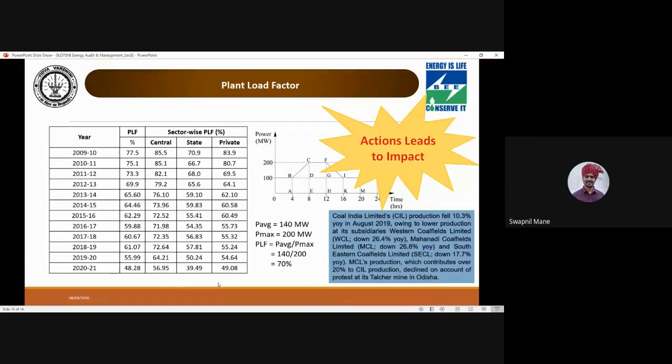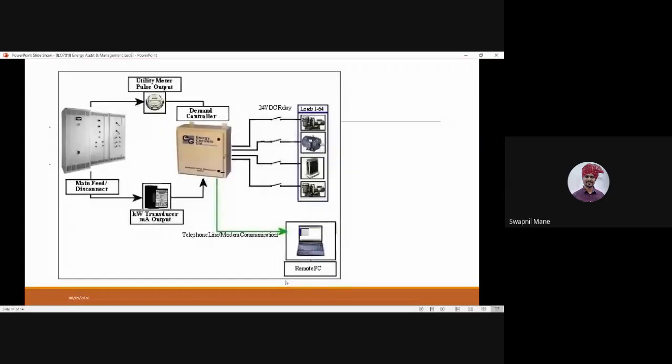Probably most citizens are unaware of these things happening, and they say that electricity is not there, load shedding is there, we are not getting proper electricity, there is an increase in cost, coal is not there. But what is the main reason? That doesn't come out. So you should keep your eyes and ears open to see what happens in the area near you.